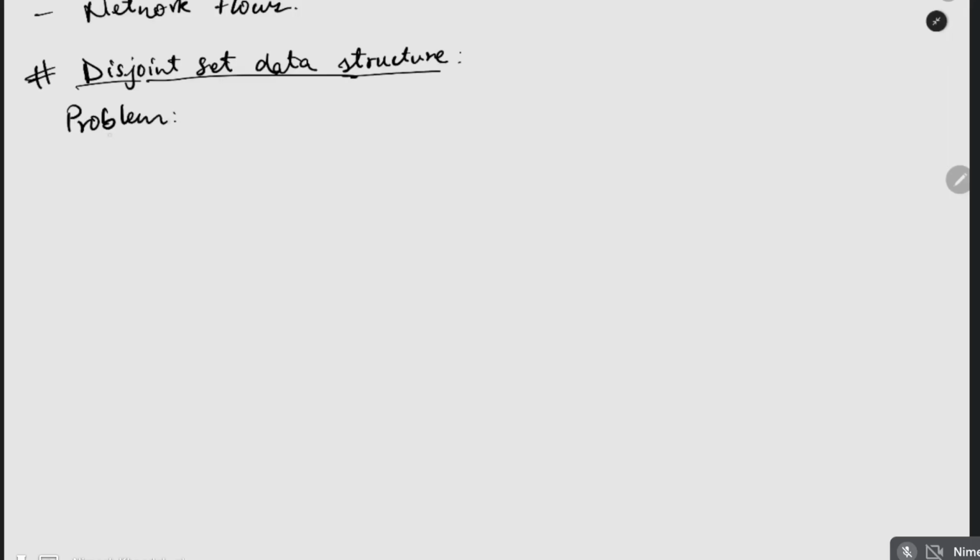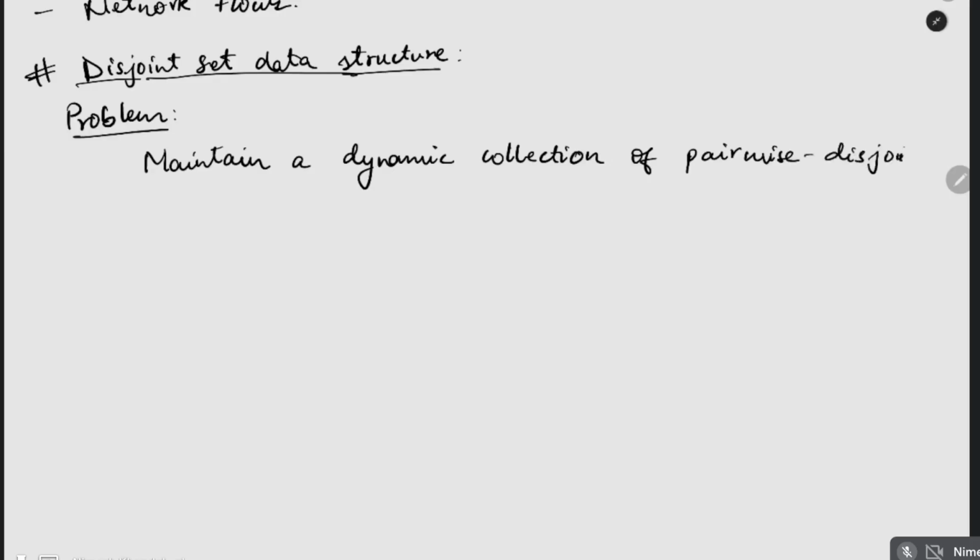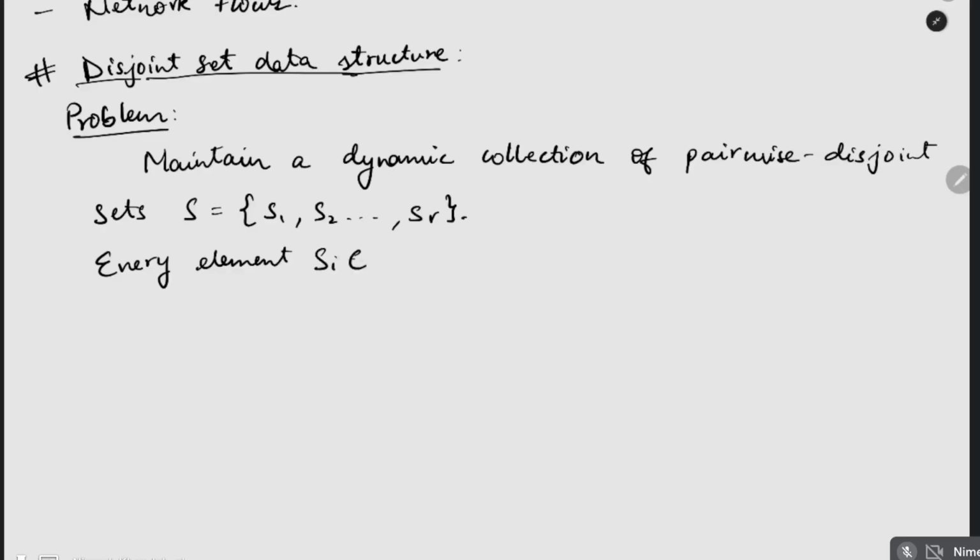The problem of disjoint set data structure is to maintain a dynamic collection of pairwise disjoint sets, given as S1, S2 to SR. Every element of this set S, so Si belonging to S,